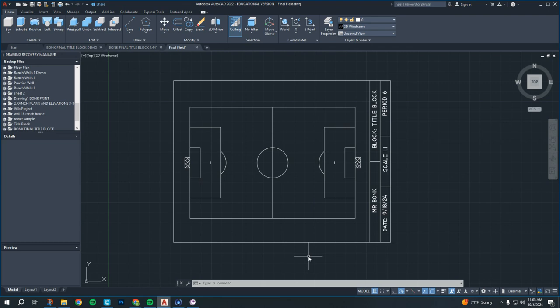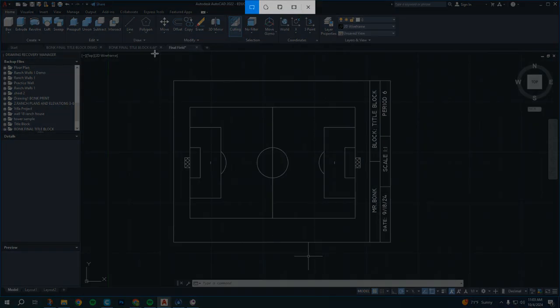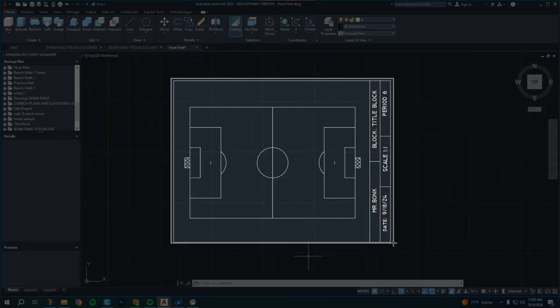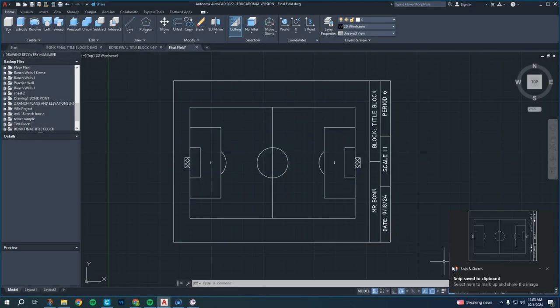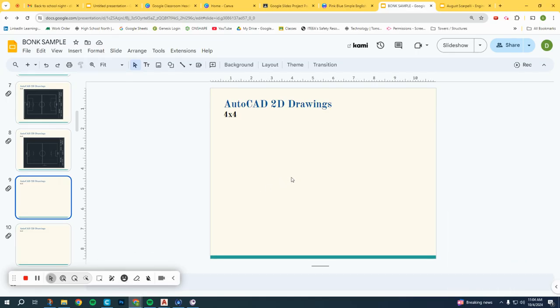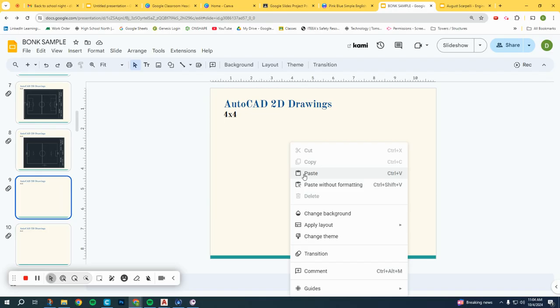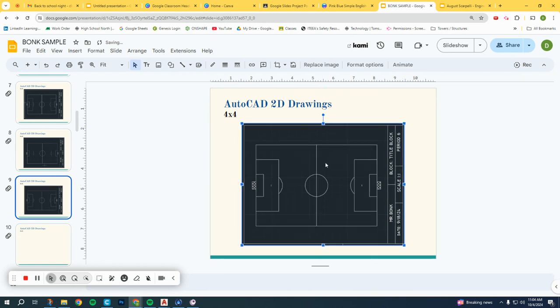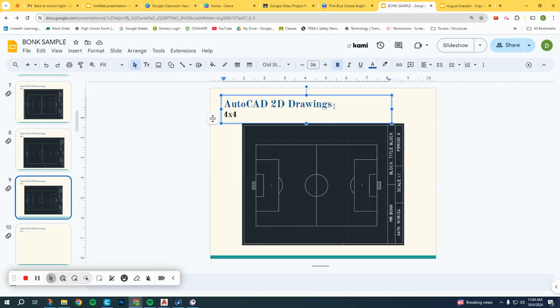I'm going to hit the Windows Shift and the S keys together. This pops up. Drag a picture or a selection of what screen I want a picture of. And now that picture is saved to the clipboard using the Snip and Sketch tool. I just used the key combination to open it up. And then you go back to where you want to put the new project picture, and you could either right click and paste, or you could use Control V, the quick command for paste. I just want everybody to see that this is what it should look like. You make a copy of it, you delete it, you call this